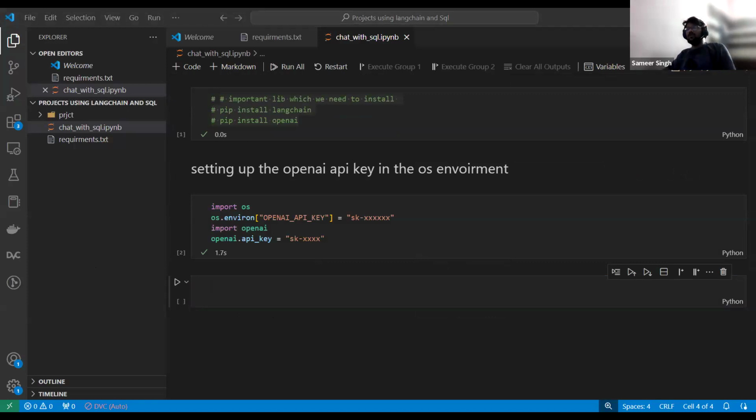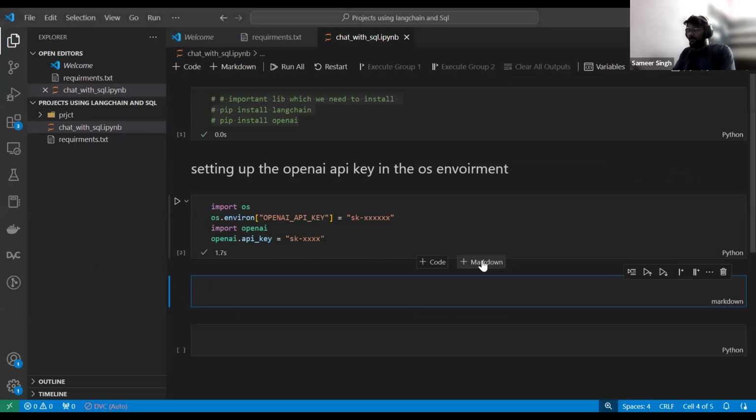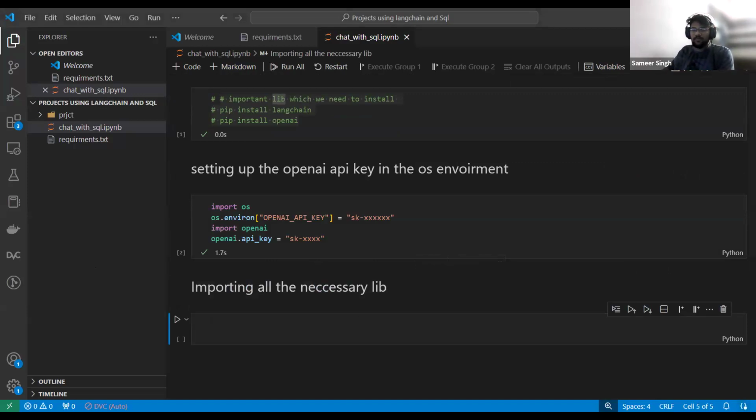Okay. So now what I'll do is import all the necessary libraries, right? Importing all the necessary libraries.